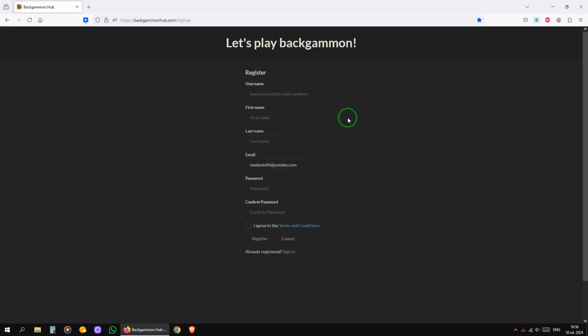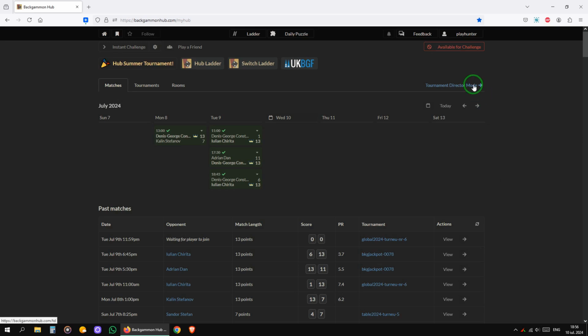It's a simple process. It requires just your email address, your name, your desired username, as you see here, and the password you choose. You click agree to the terms, and that's it. Anyway, if you do have an account, you log into your account, you go to tournament director mode,